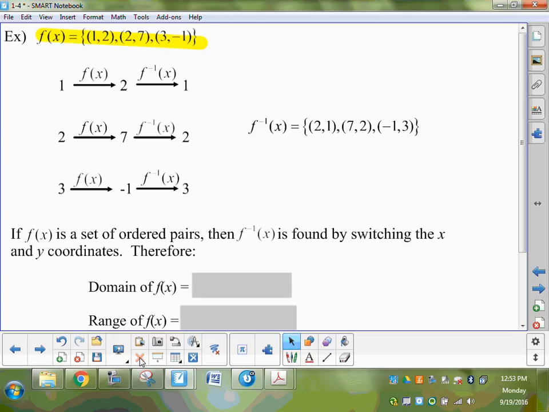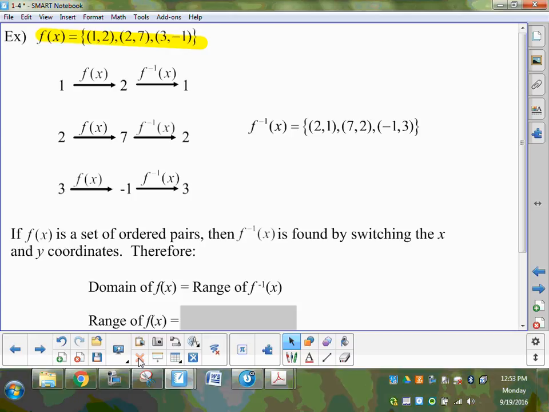So, the domain of the inverse, when we take the domain of the inverse, where does that go? When we take the domain of the original, where does that go in the inverse? Where do the x's go in the inverse? To the range, yeah. So the domain of the original function is the same as the range of the inverse, and the range of the original function,